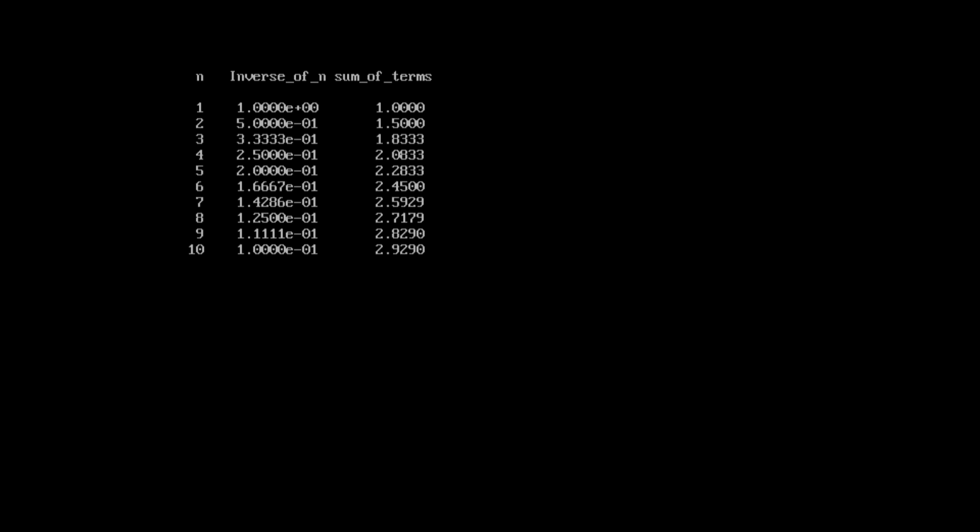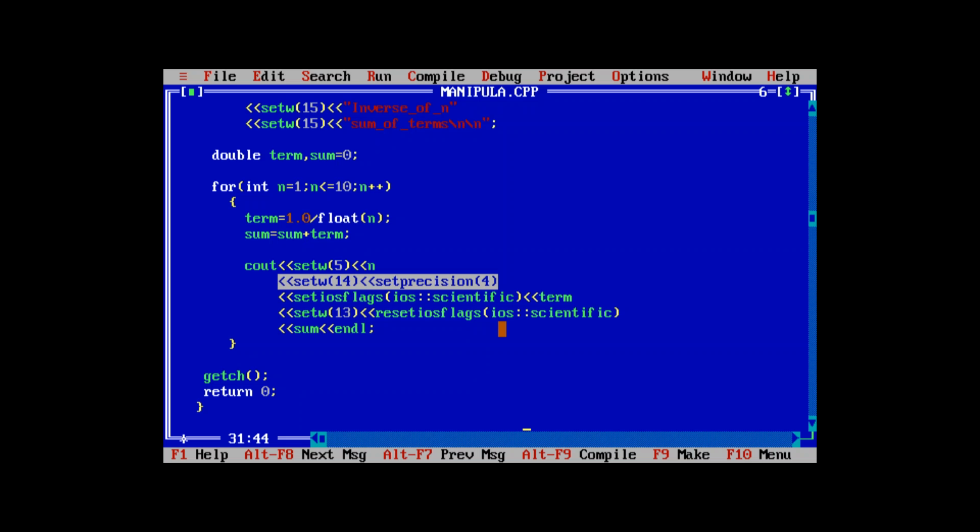Then again it will be showing the sum of terms. So this will be adding up by using the term and the sum of the terms. First of all, 1.0 divided by 1.0, because first the value is 1, that is 1.000, that will be added to the 0 because sum contains a 0, so that will be 1.000. Now 1.0 divided by 2.0 is 0.5. Now 0.5 will be added to the sum, that is 1.000, that will show the output as